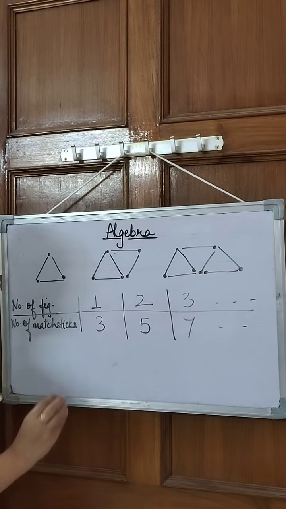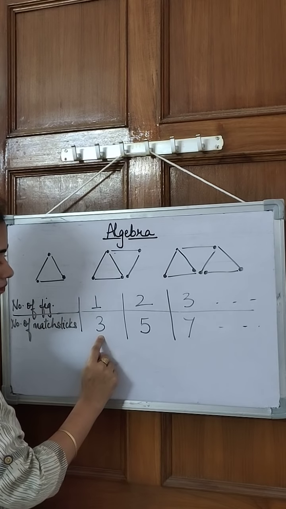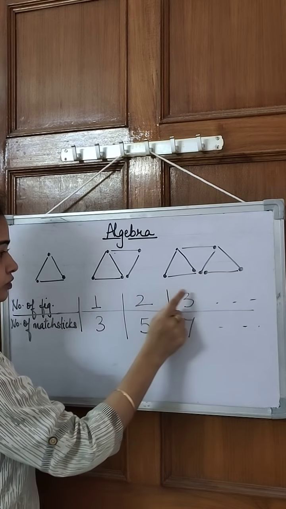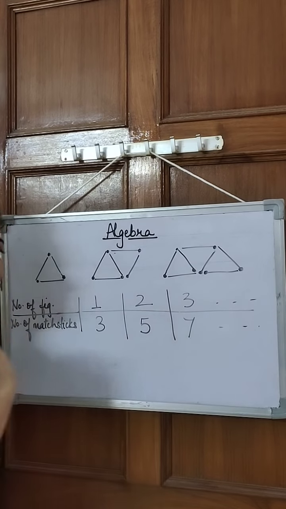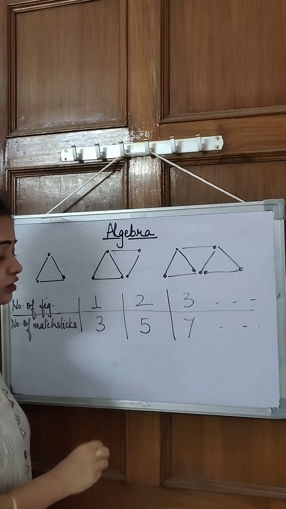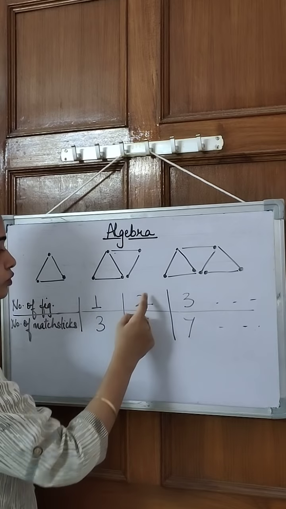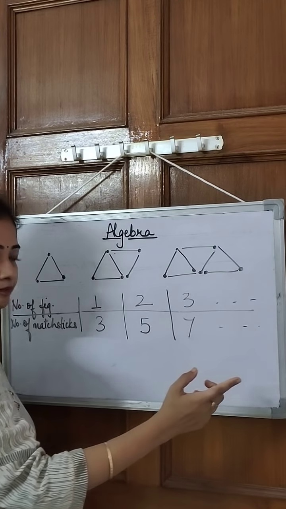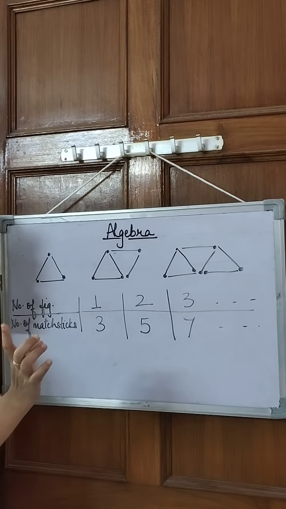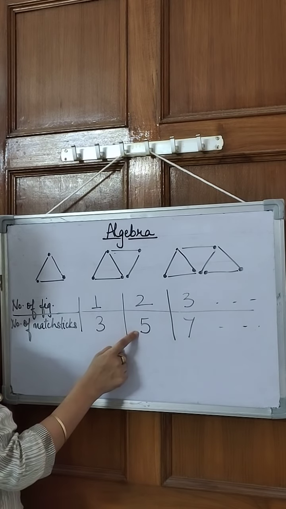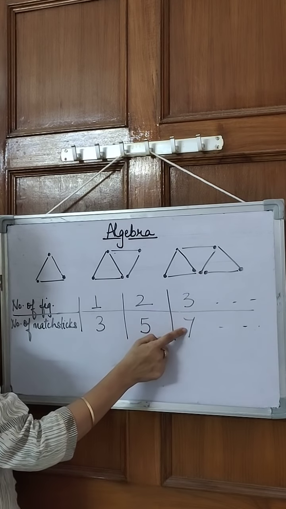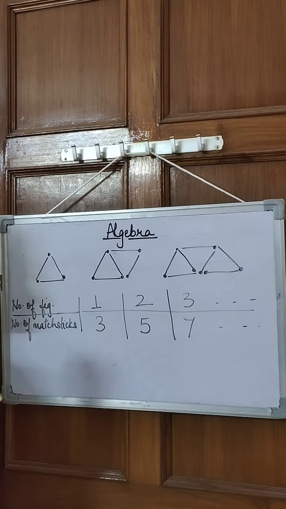So what we can see here, observe here, is this is 3, this is 5 and this is 7. 1, 2, 3. Are they following any table or something? You have to think like this, that are they following any table or something? So 2 1s are 2, 2 2s are 4, 2 3s are 6. But what I can see here is 2 1s are 2, but it is 1 more than 2. It is 3. 2 2s are 4 and it is 1 more than it, that is 5. 2 3s are 6 and it is 1 more than it, that is 7.